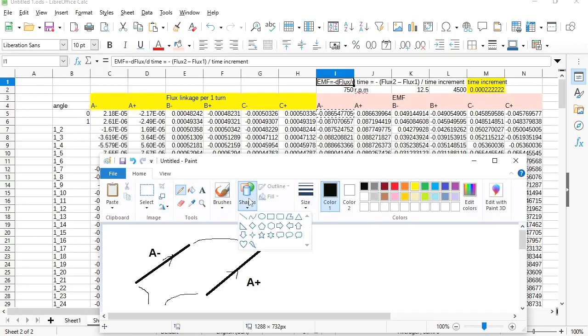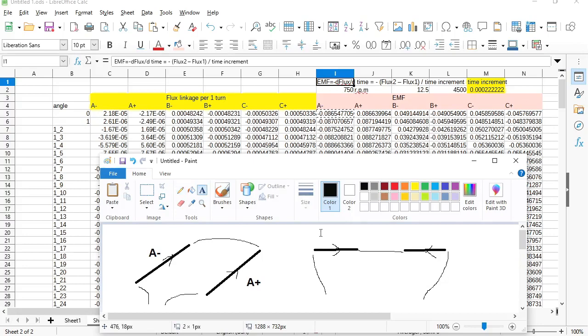I can redraw it like this. Electromotive force direction here and here. Conductors are connected here, and these go to terminals. This is A minus,